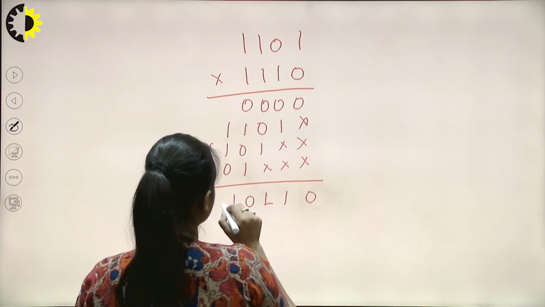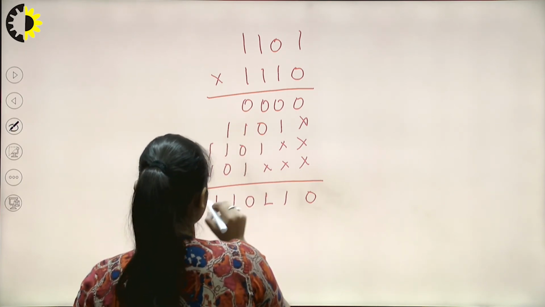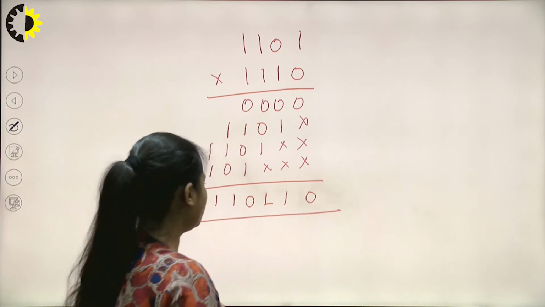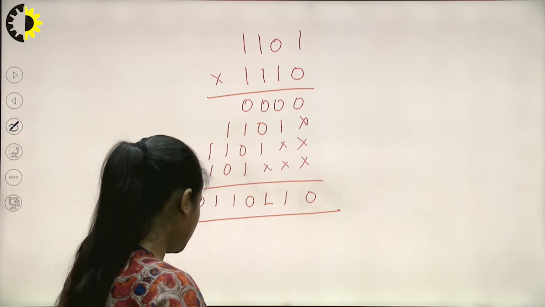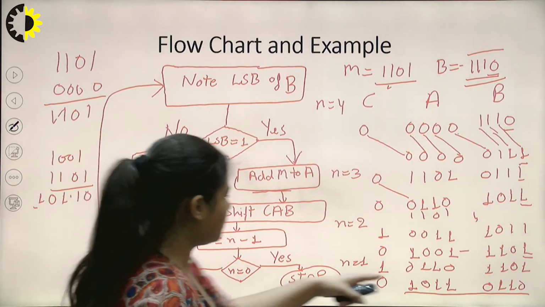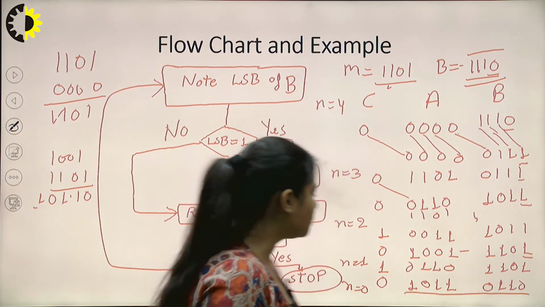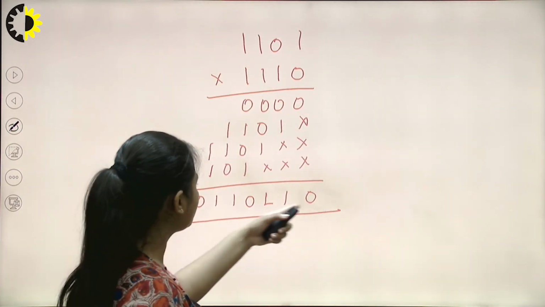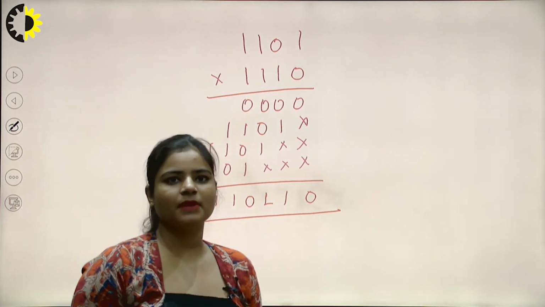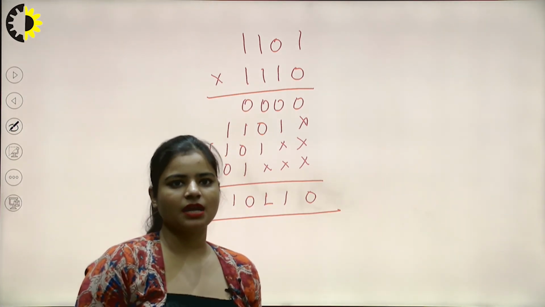Here we will have the answer as 1 and carry is 1, and so on. So here you can see that the output is the same. Let's verify. 1 0 1 1 0 1 1 0. So in our basic operation, whenever we perform a basic binary multiplication, we have the same answer as